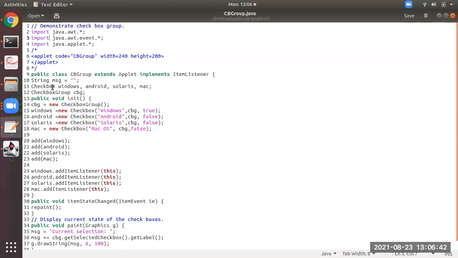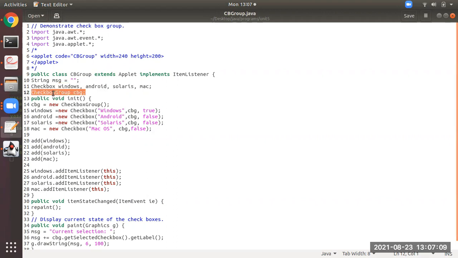Same concept. Checkbox declared. See here, just one thing. The difference between checkbox and checkbox group is, first of all, these are the references for checkboxes. First of all, they will be referred to as Checkbox.